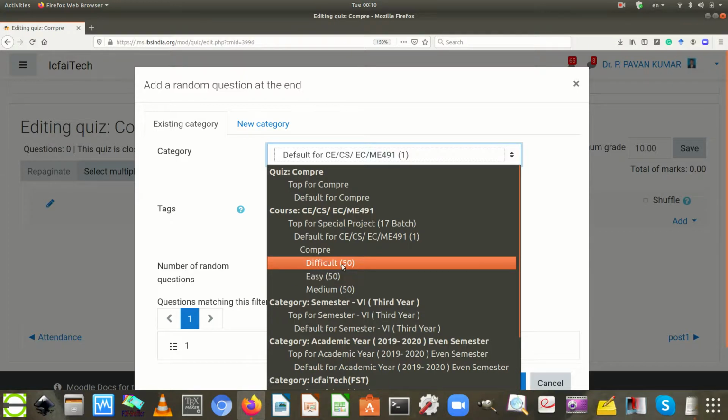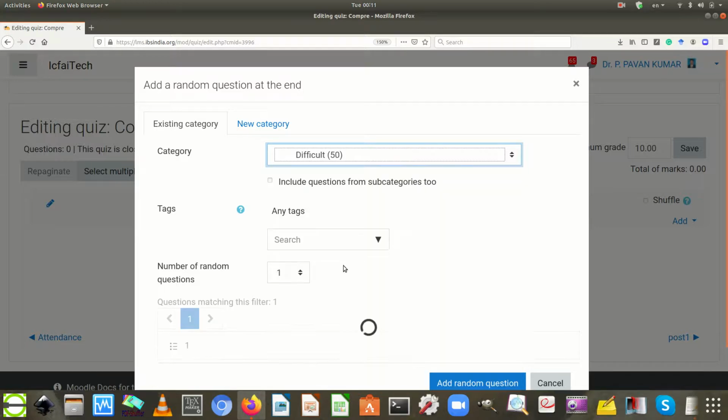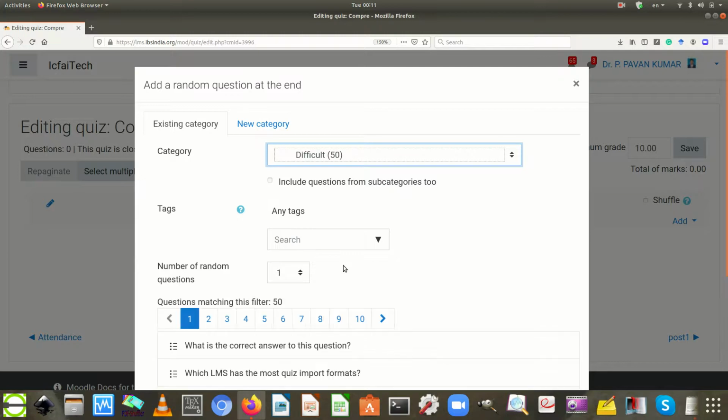Adjacent to the name, within the brackets, the number 50 indicates the number of questions that are part of that particular category. So the user has to select an appropriate category or subcategory within the drop down sector. In this case, the category is selected as difficult with 50 questions.